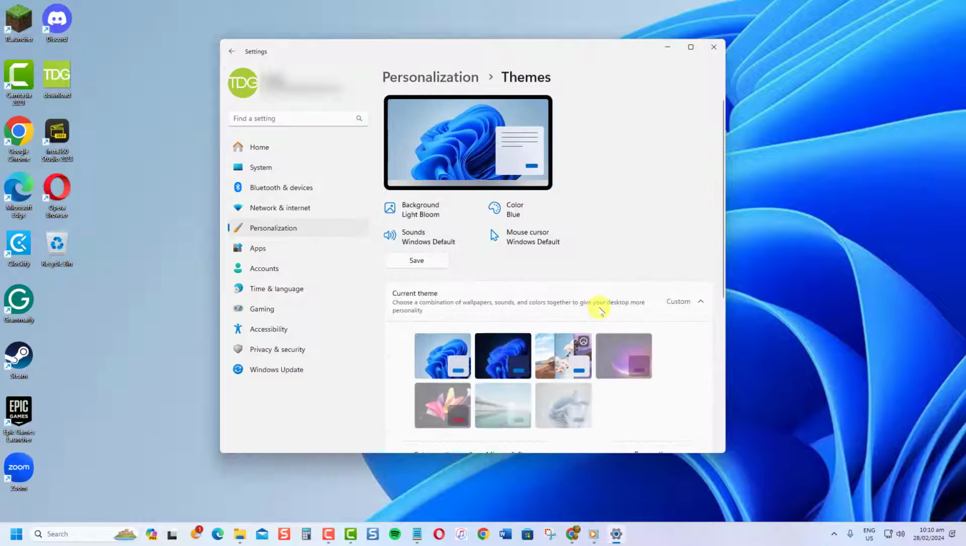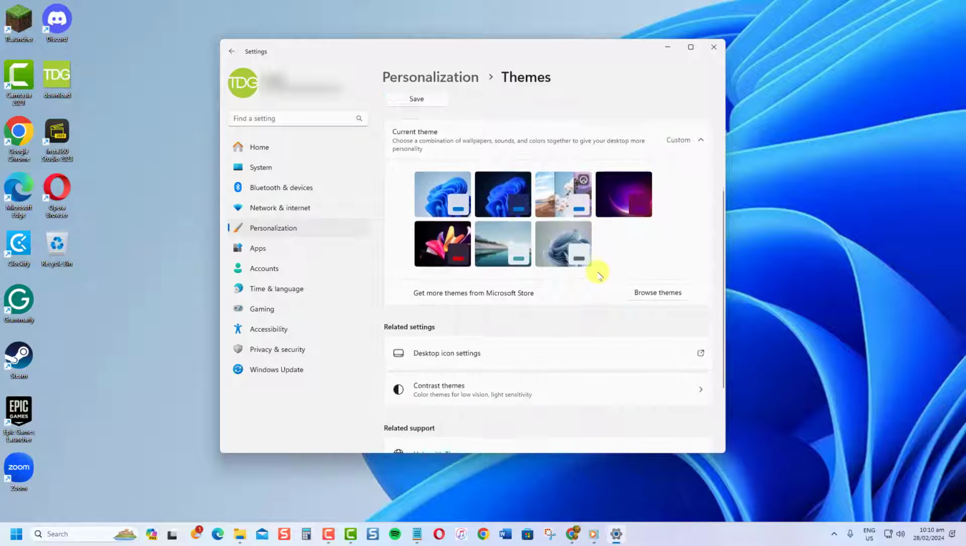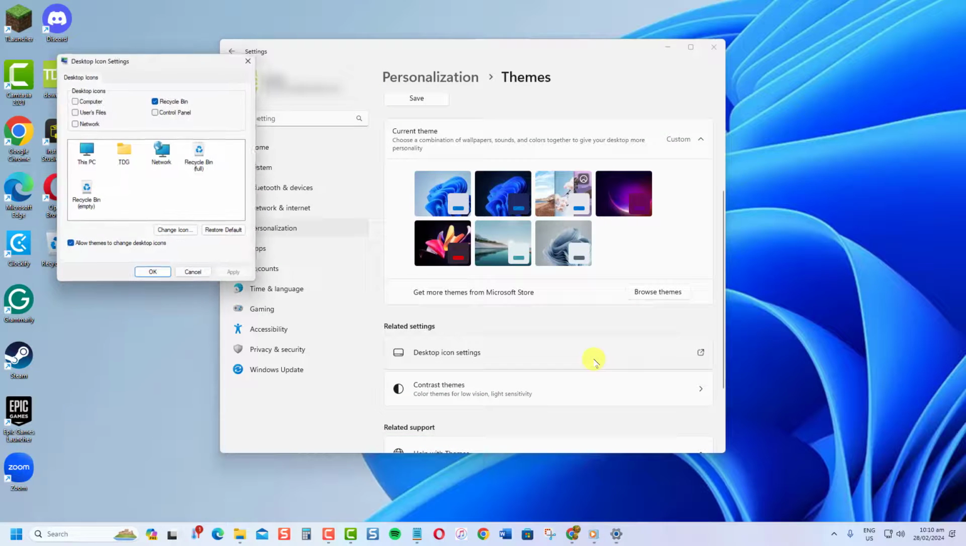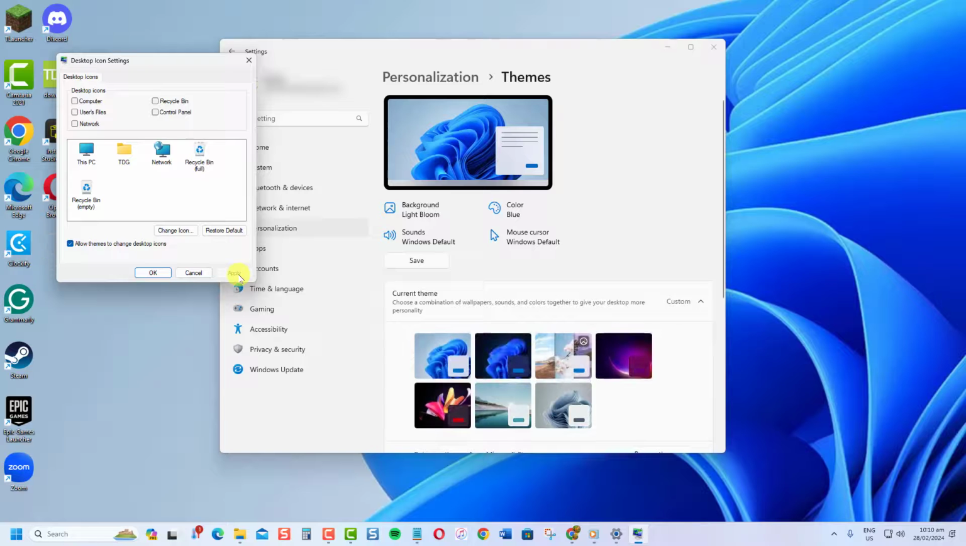Next, select Themes on the right side. Then scroll down and click Desktop Icon Settings. A new window opens. Under Desktop Icon, uncheck the Recycle Bin option. Click Apply to apply changes made to remove the recycle bin icon from your desktop view, and then click OK